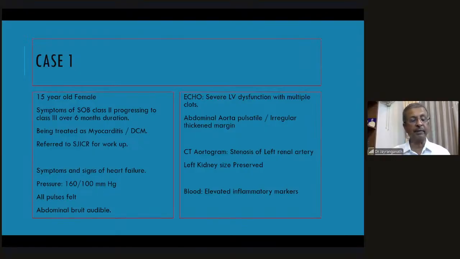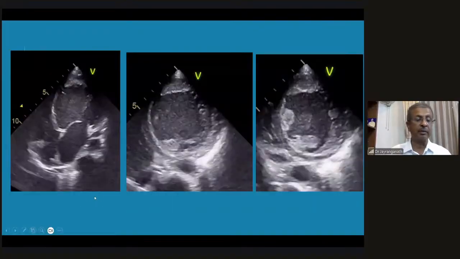So symptoms and signs of heart failure, all pulses felt. That does not mean that the child cannot have aortoarteritis. Abdominal bruit audible. So see, echo: severe LV dysfunction. CT aortogram, we did that: left renal artery, left kidney size is preserved, elevated inflammatory markers. So this is how